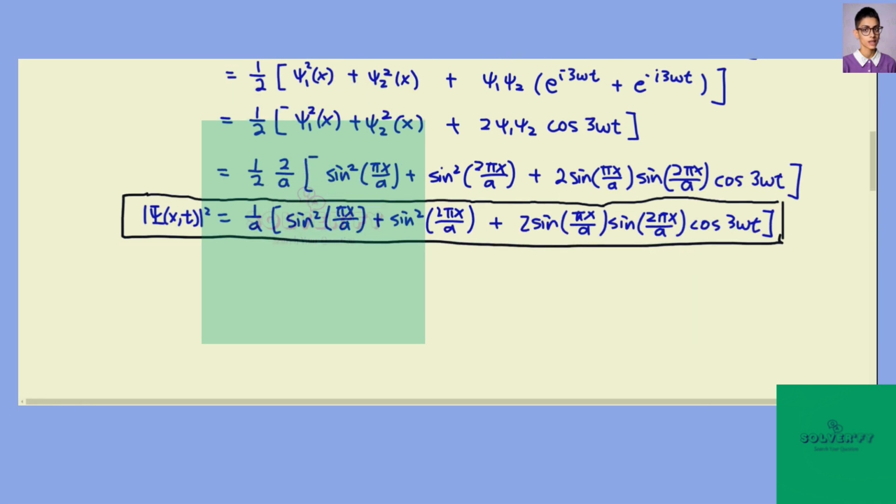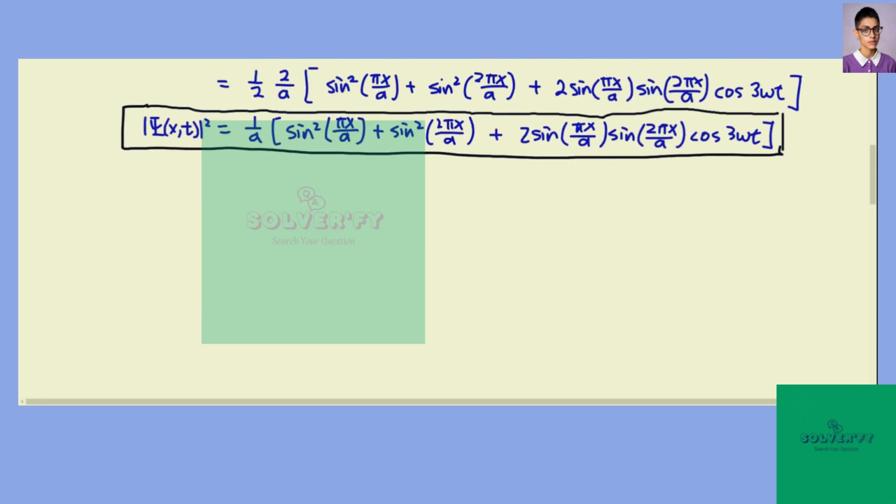Okay, so that's for part B. Then we go to part C. Part C, we want to find the expectation value of position. Okay, so expectation value of position is, according to the definition, psi star x psi